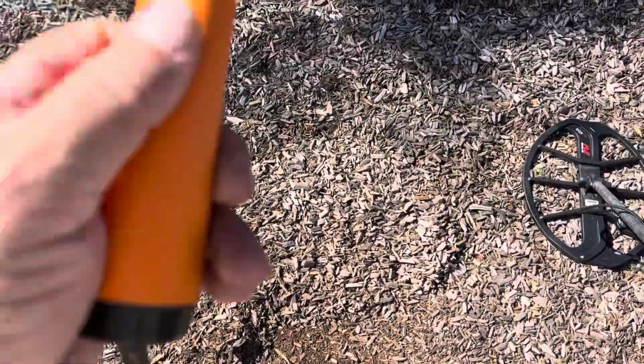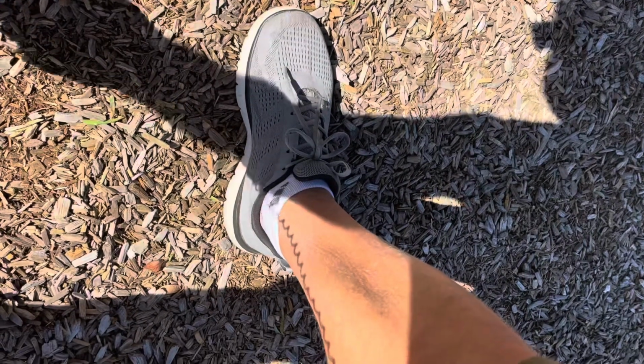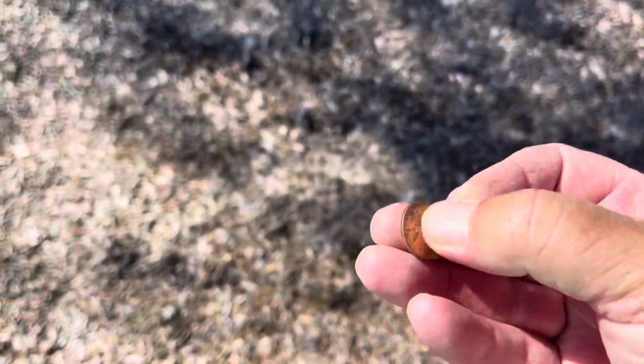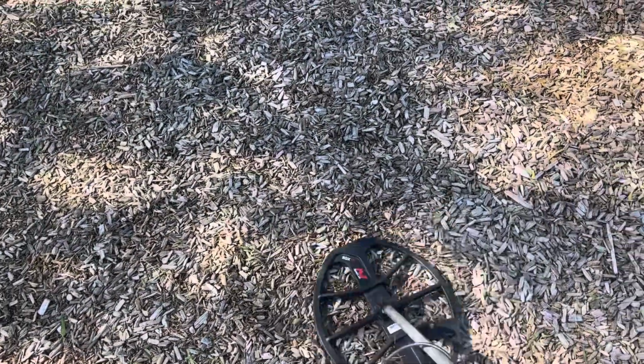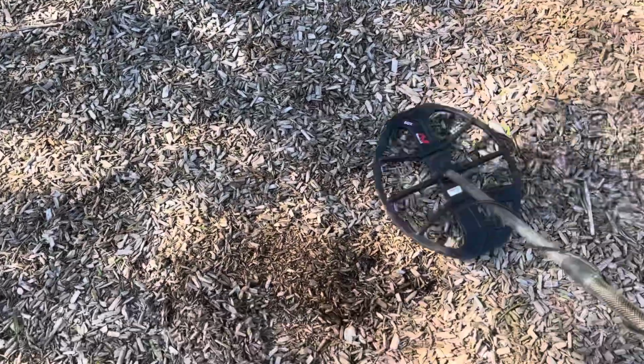Alright. I see it. It was shiny enough to spot it. And it is a penny. We'll take it. All right, we got another sound. 24.25. I guess we should do the foot thing. See if it's...